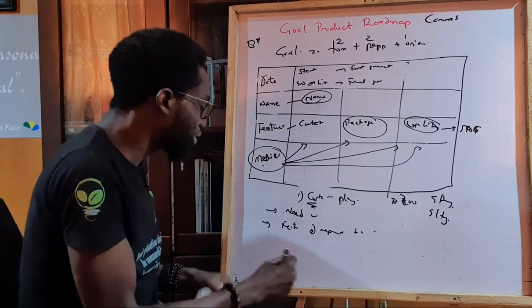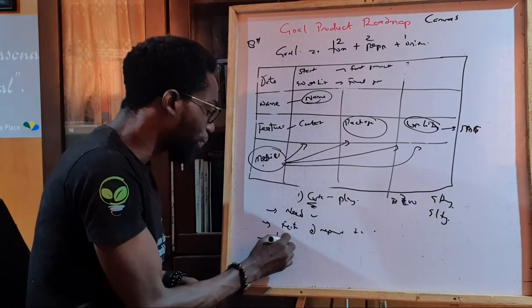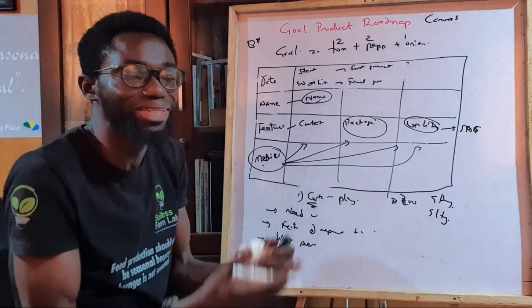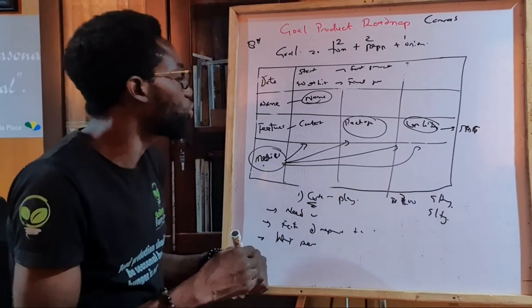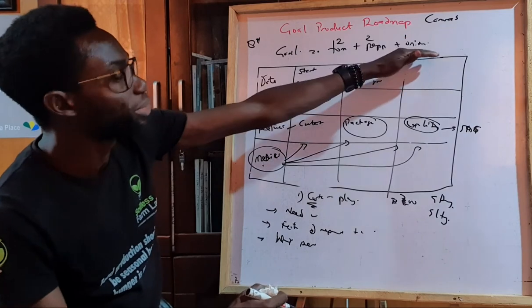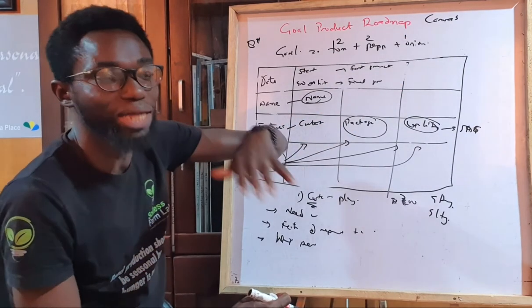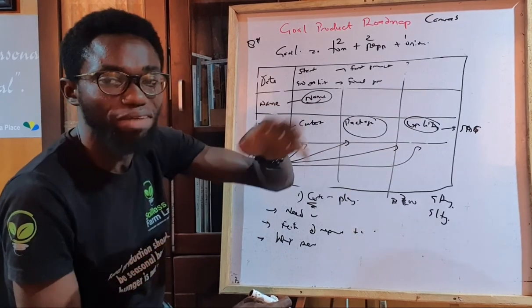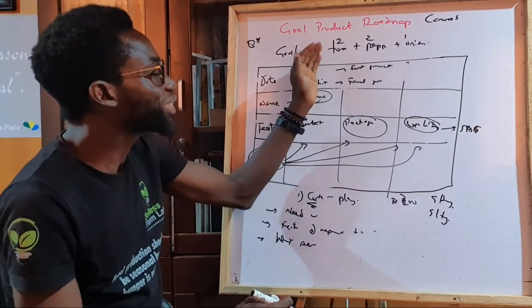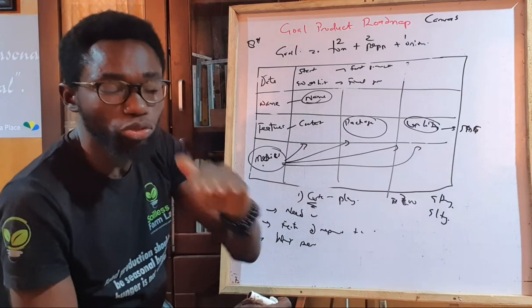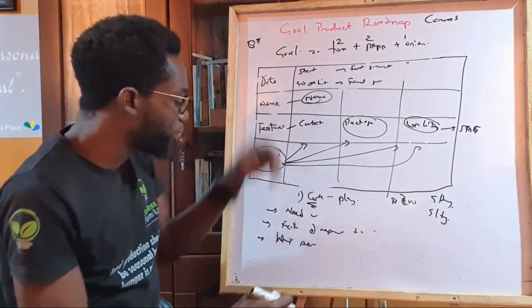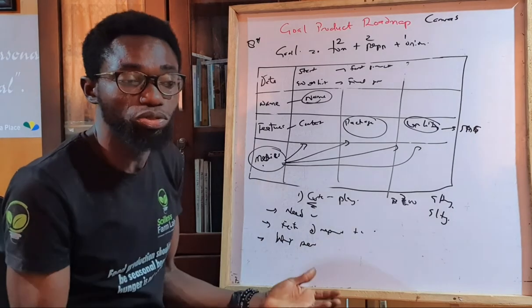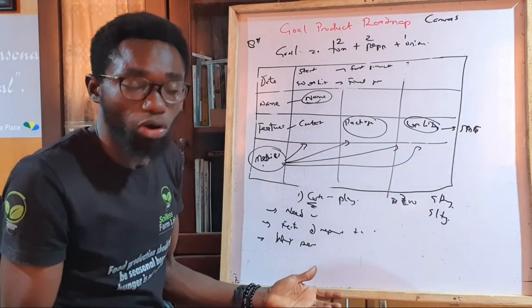It could even be a metrics of having a wrong personnel. Maybe having the wrong personnel or not having the right personnel on board. So I am trying to do this. Meanwhile, I have nobody around on my board that is probably a nutritionist or even a chef or knows how to cook, and we are trying to do something that people will use to cook. So it could be the wrong personnel. It could be the wrong tool. Maybe we do not have the right tool. Or we are developing